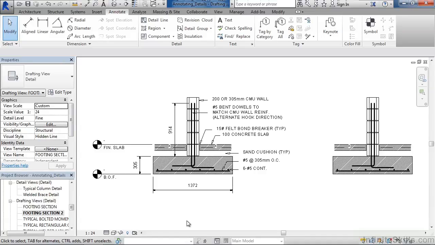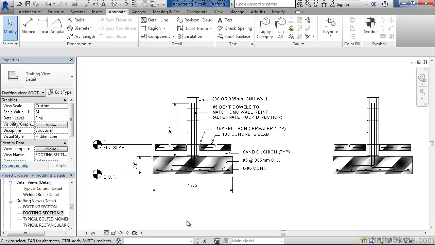In this lesson, we'll cover annotating our drafting views. So we've created drafting views full of detail. This one we're looking at now is a drafting view where we've actually drawn all of the lines in the detail model. So all of those were created, the lines, the curves, the arcs, and the circles. But what I've done is I've copied the model from the left over to the right so we can add